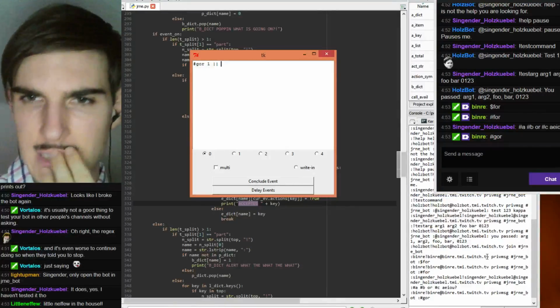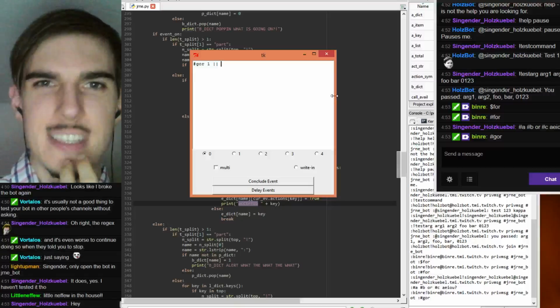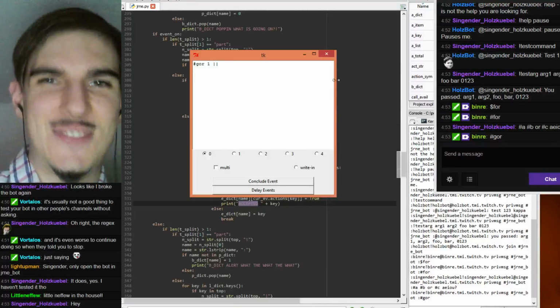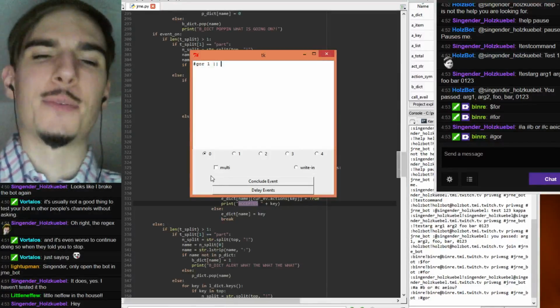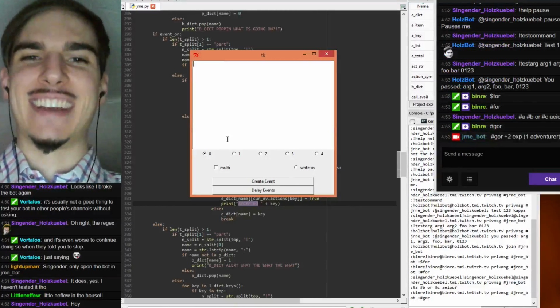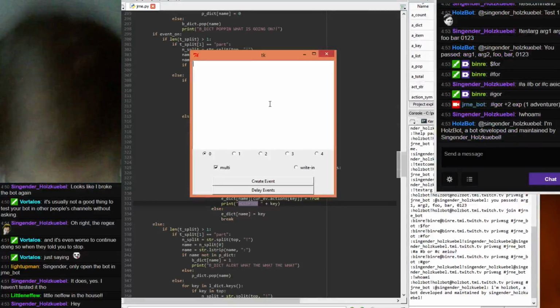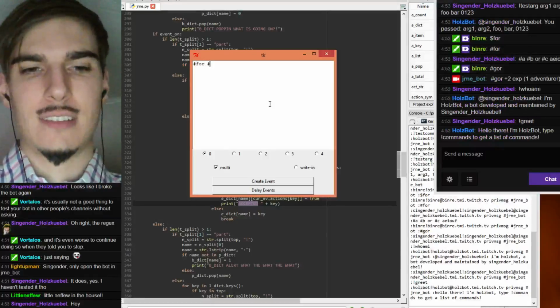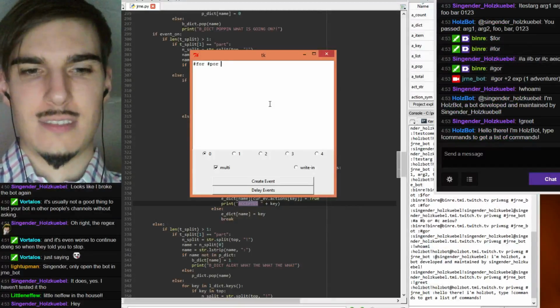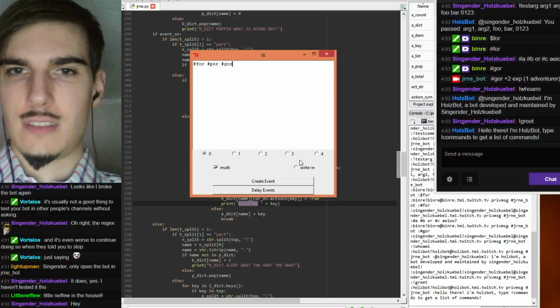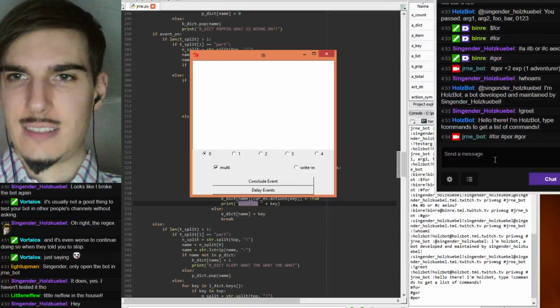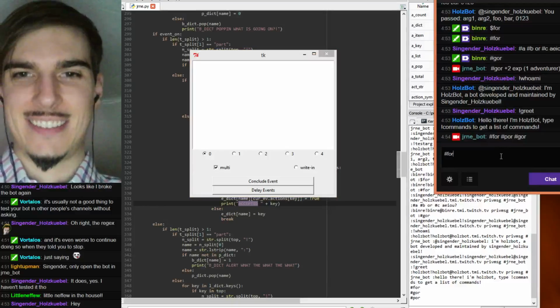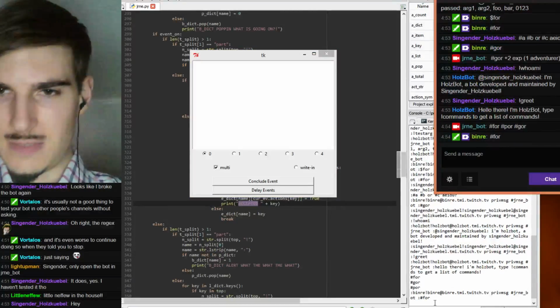Yeah, it's all working under the old system still. Oh, wait, no. I know why it's not working right now, because I forgot to actually check them. I forgot to check the box, but alright, so for pour core, create event. Alright, how about now? No, and it still doesn't work.